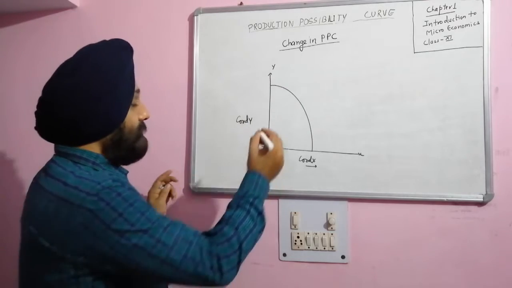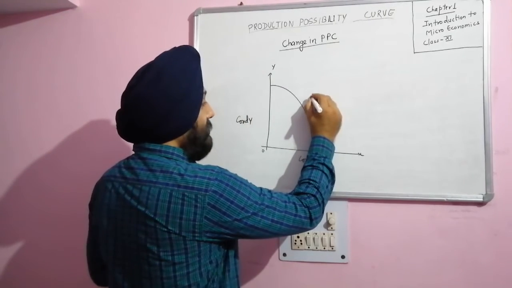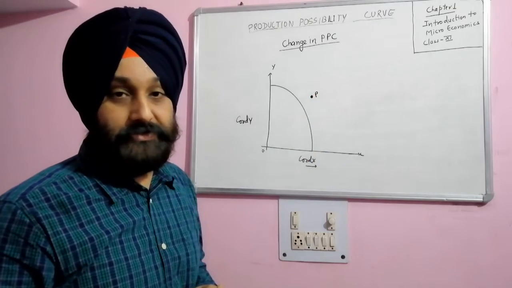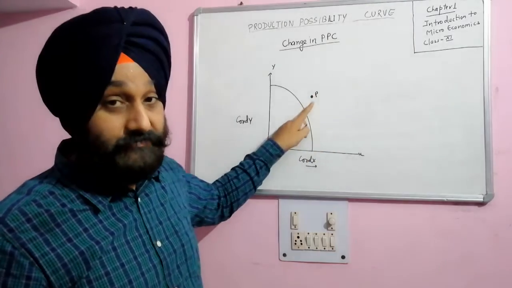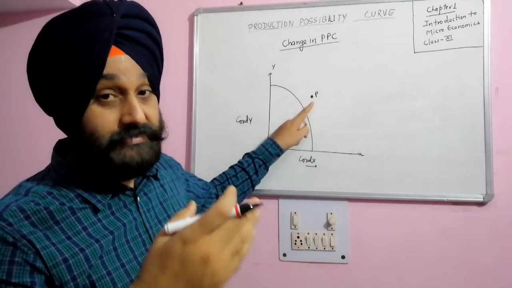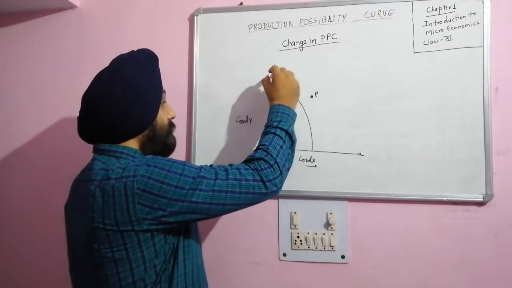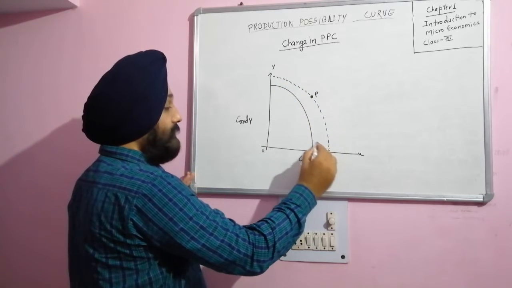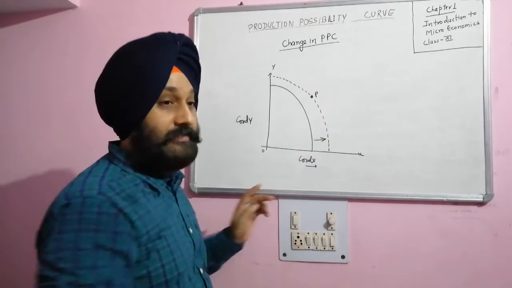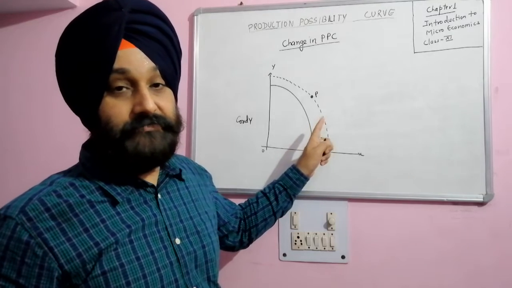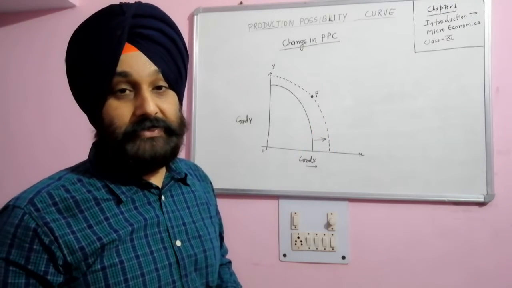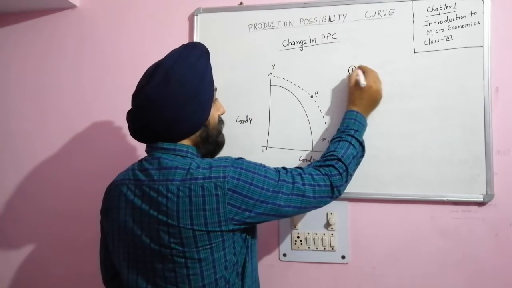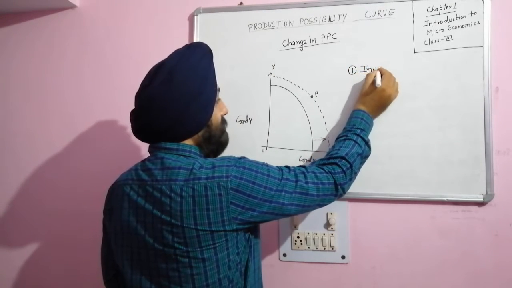So in the last video we studied the point P. Point P is an unattainable combination, but the economy can achieve this combination when resources increase. So this is the rightward shift in the production possibility curve. The reasons behind it are two. First, increase in resources,